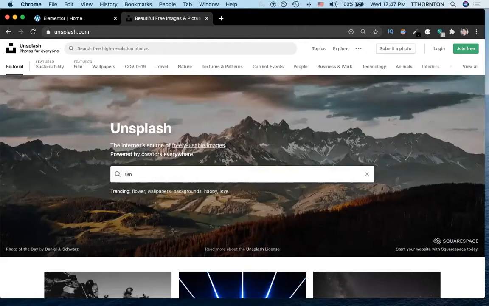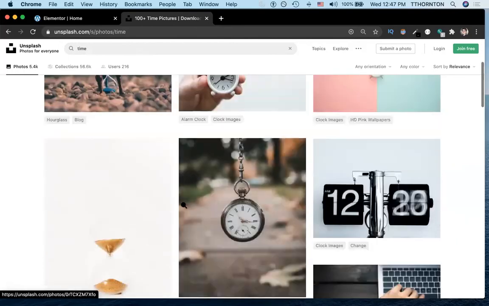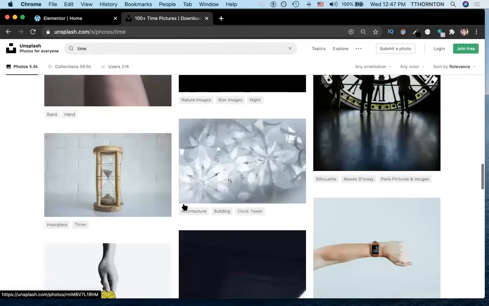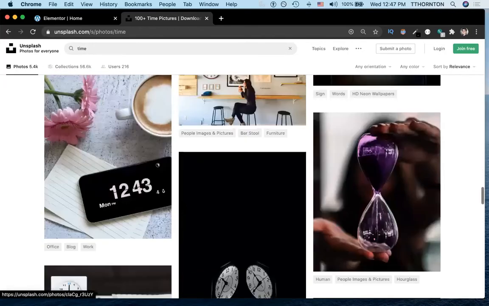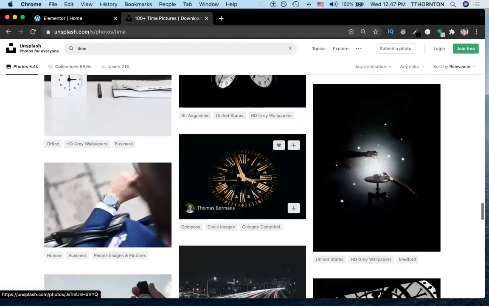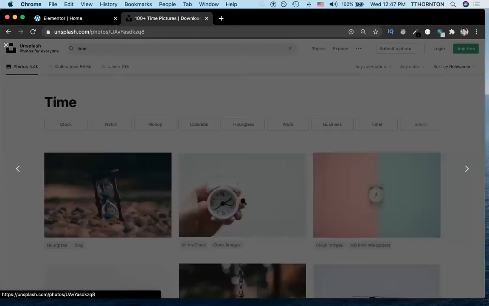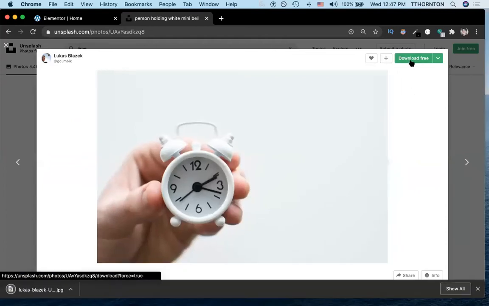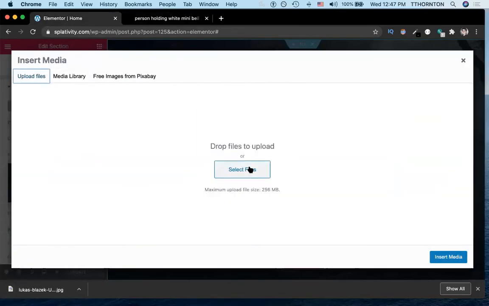And we'll go time, because we are a team management site. We could pick any of these, but after we scroll down a little bit, I personally like this first one, even though it's maybe a little bit dark. So you download this image, then you go to Elementor Home, you go to upload a file, select the file,